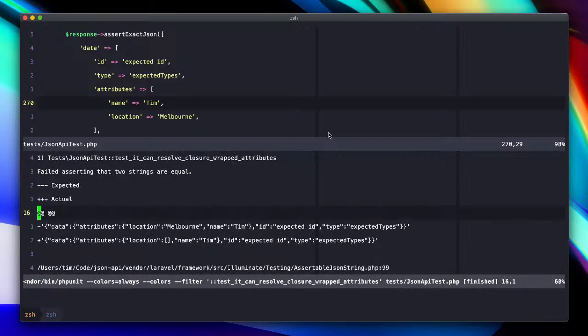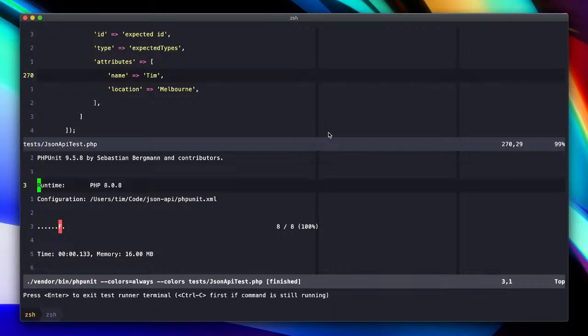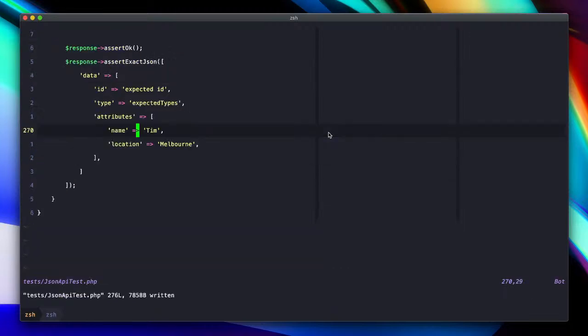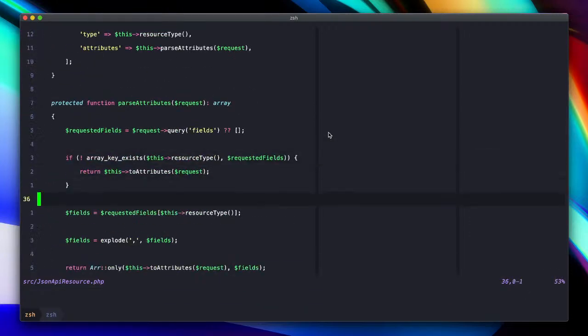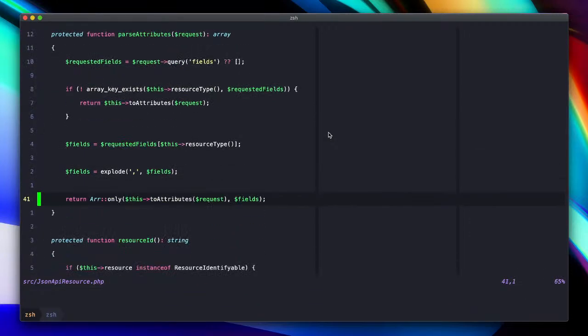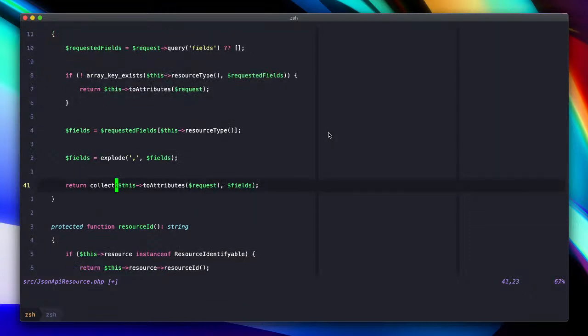Okay, so that fails. Just want to make sure that everything else is passing. Yep, so that test is failing, so that's cool. So we'll come over to our resource, and we're probably going to change this to a collection now. So we'll collect this, and then we'll do